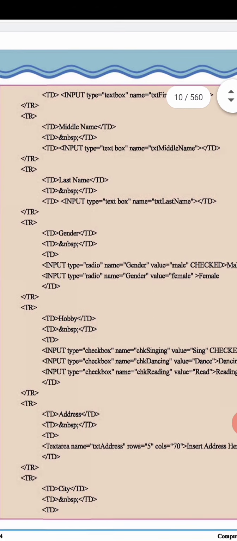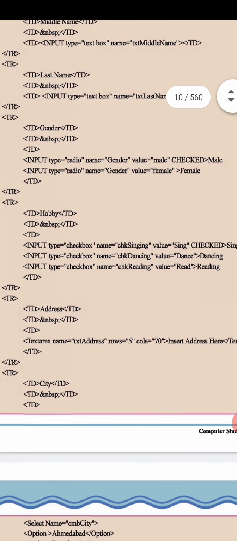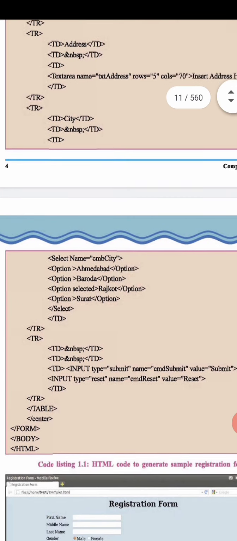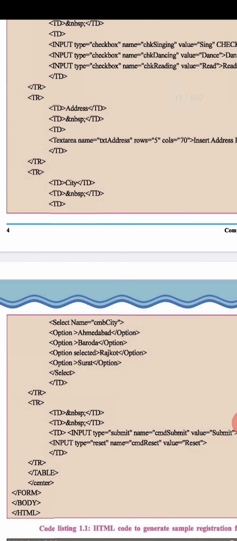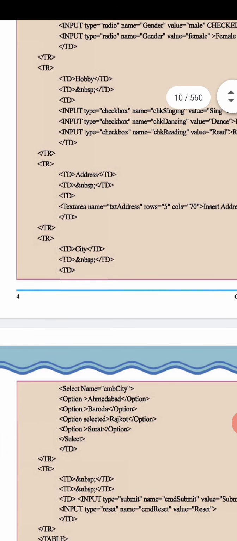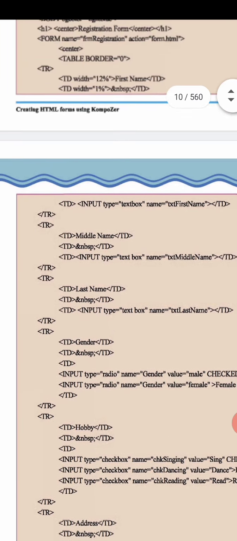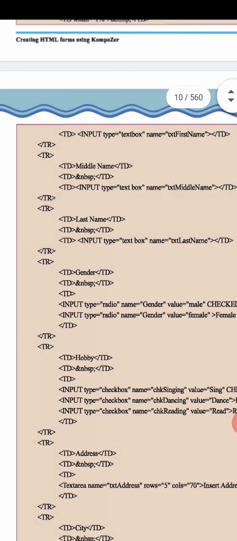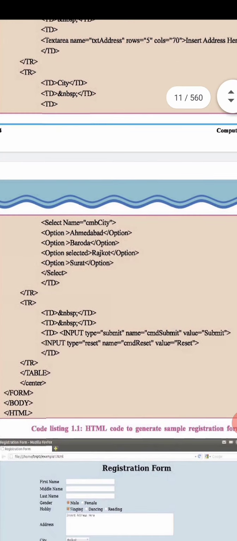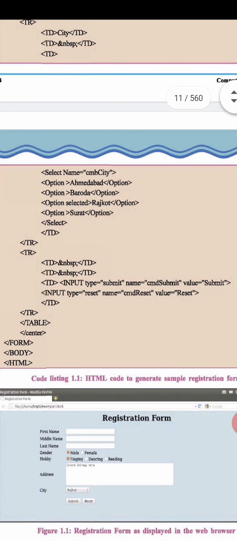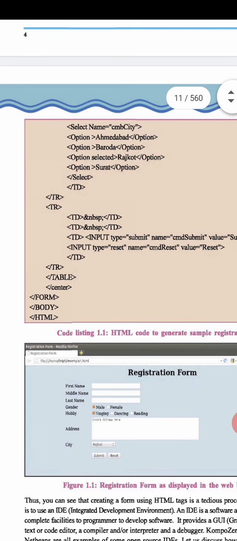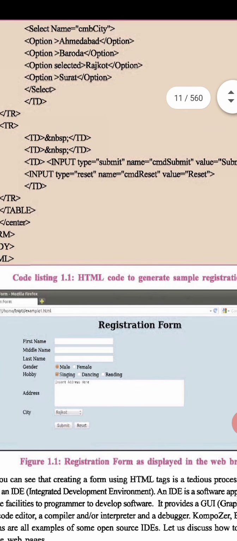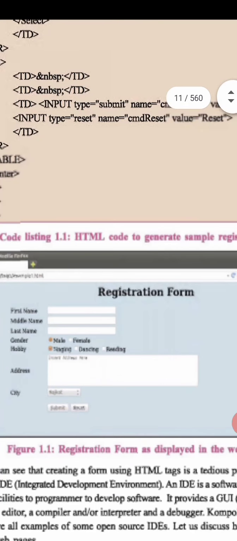Now this is our HTML form. If you remember HTML, it will be easy for you, but it is full of tags and all that. Don't worry, here we are not going to make a form like this, because, as you can see, it is too lengthy and very difficult to remember, since in HTML we have to remember each and every tag, you know very well, right? But here we are not going to do it in the form of HTML, means in the tag form. Now see, I was talking about this registration form.